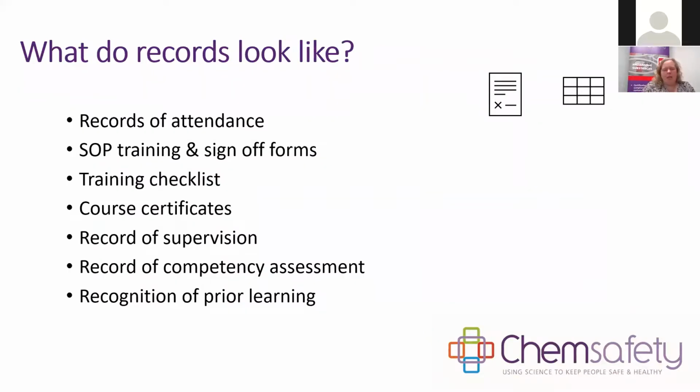Records can take a variety of forms. So they might be a record of attendance, they might be SOP training and sign-off forms, checklists, certificates, those records of supervision that I talked about earlier, your records of competency assessment, or indeed it might be a recognition of prior learning assessment that you do, where you're looking at bringing people with lots of experience into a new training